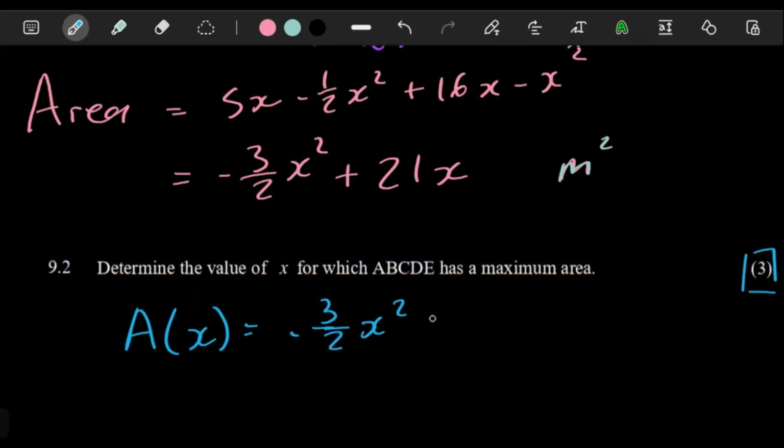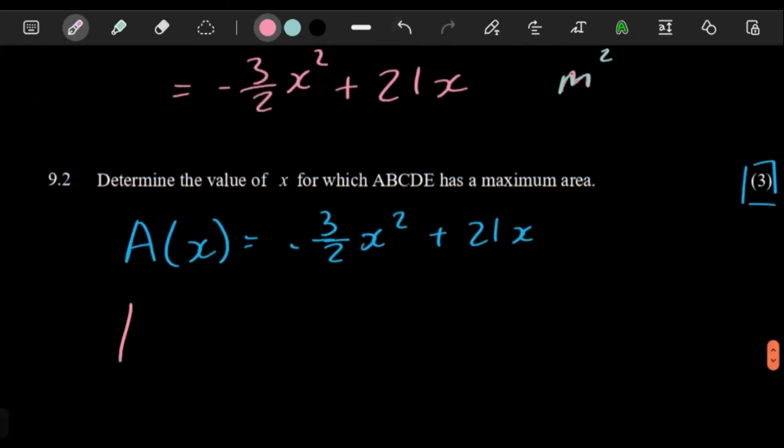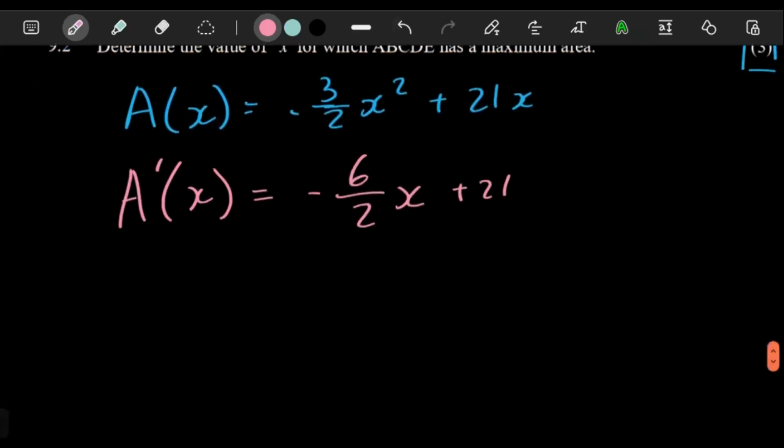So for us to get the value of x for which our shape has a maximum area, we have to differentiate once, and then we have to make the equation equal to 0. So differentiating once is 2 times this thing here: negative 6 over 2x plus 21. If you want to simplify, you can, but we don't have to. Once you've differentiated, you just need to make your equation equal to 0, and then you solve for x. This is actually a minus 3, and then solving for x here,